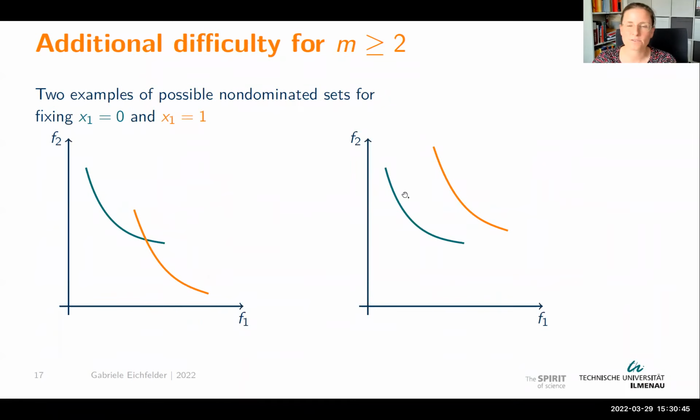It might look like I've drawn here on the slide two different possible settings of what might happen. So let's assume you have fixed x1 to 0, and then you calculated the non-dominated set, so the set of images of efficient points. And this should be this green line here. And then you fix x1 to 1 and calculate the images of efficient points. Some people call it a Pareto curve or whatever, and this should be this line here. So we have two sets, and the overall non-dominated set of the original problem would be this line here. So you potentially spent a lot of effort calculating these parts here, which do not contribute to the overall non-dominated solution set.